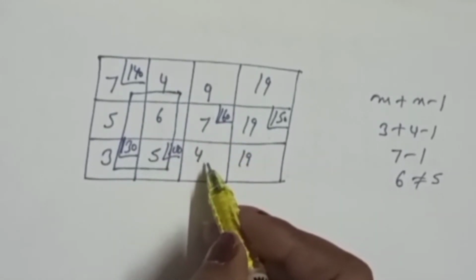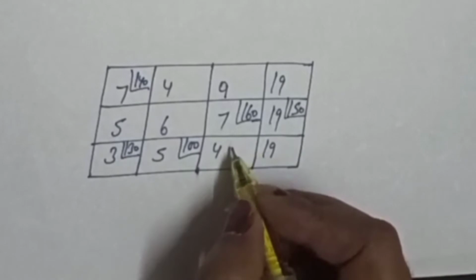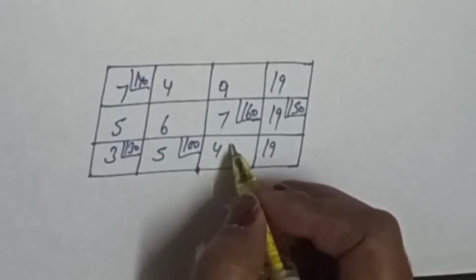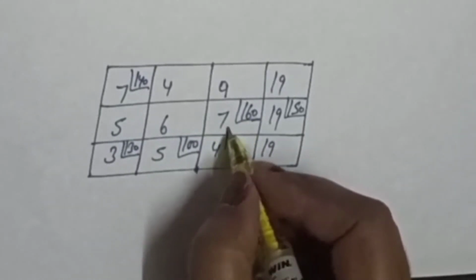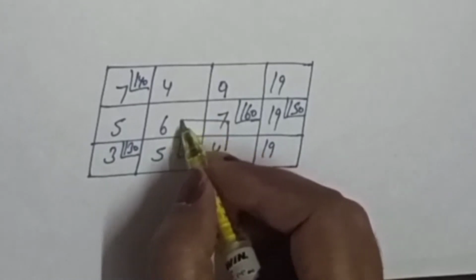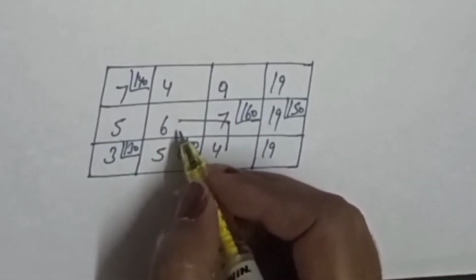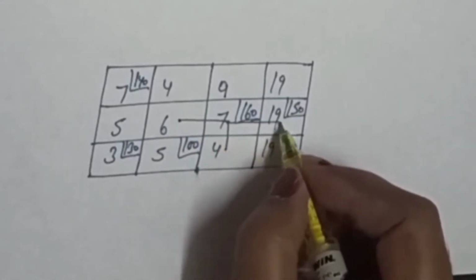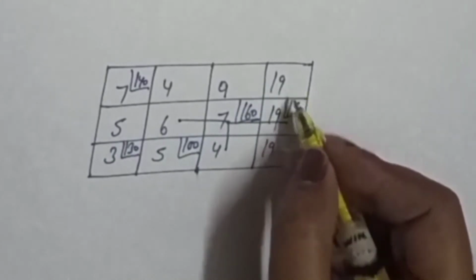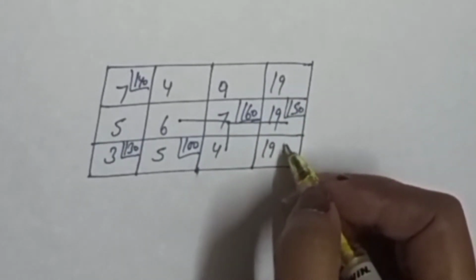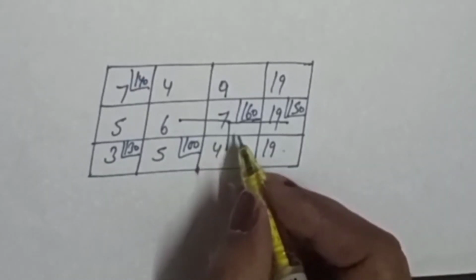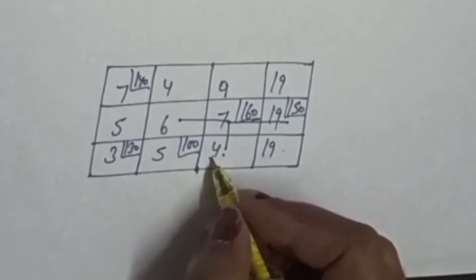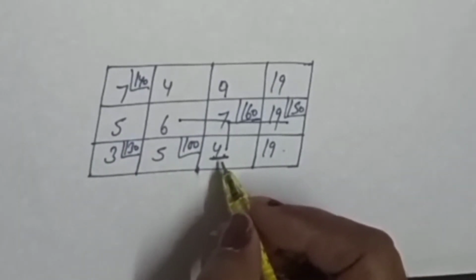Now we will check with this cell. If we check with this cell, we can go this side, or also we can go this side. If we go to this side, then we can go here, but here there is no allocation. You can go this side, but you can't go here and you can't go here because these cells have no allocation. So we can see this cell doesn't form any loop. So now we will select this cell for the allocation. This is the way to check loop formation.